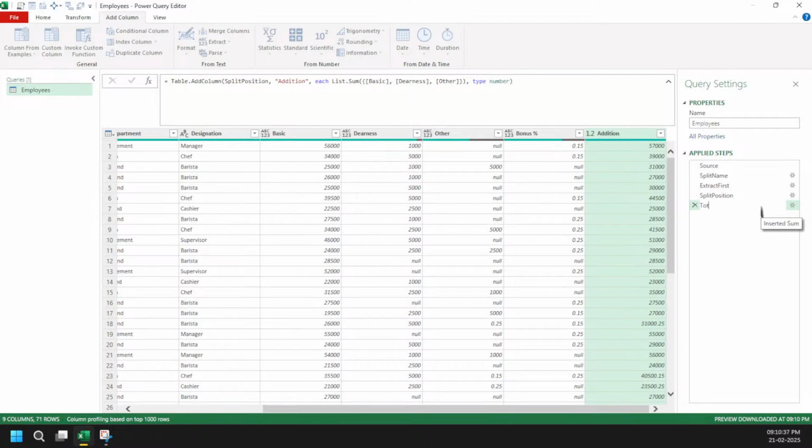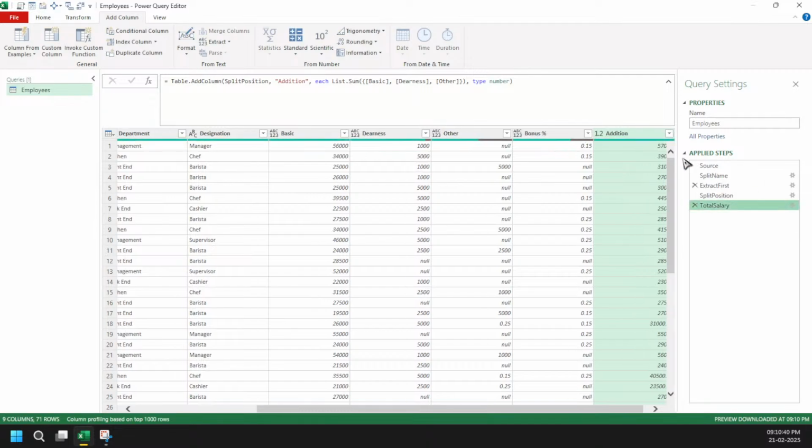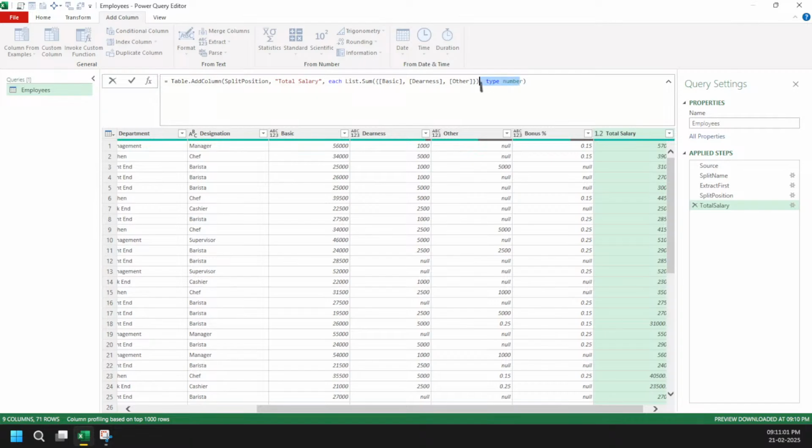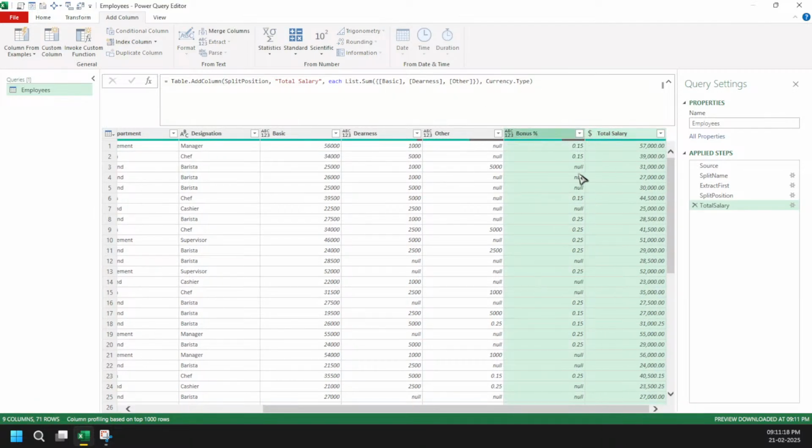I'm going to say this is my total salary, and here I'm going to write here, right? And just see something interesting. Even though Power Query uses the function add column, the moment I do something here, okay, this is weird. It is coming here. Okay, but still it is here and it is still giving me gears. I don't know why they do it, but yeah, it's crazy. So let me write here directly. This is my currency type. I've converted them into currency type, and then I can come here and do the multiplication.